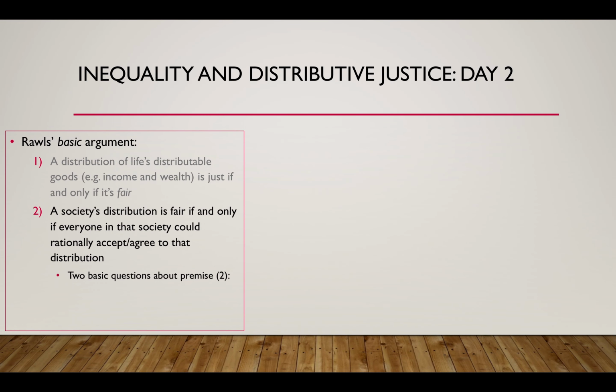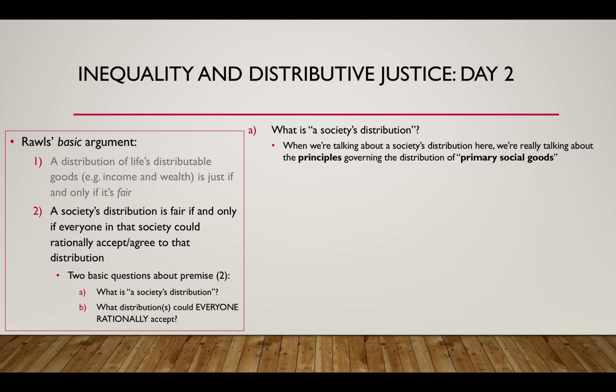In any case, here's premise 2, and I want us to ask two basic questions about it. Question A, what do we mean when we talk about a society's distribution? And B, what distributions could everyone rationally accept? All right, so taking the first question first, when we're talking about a society's distribution here, we're really talking about